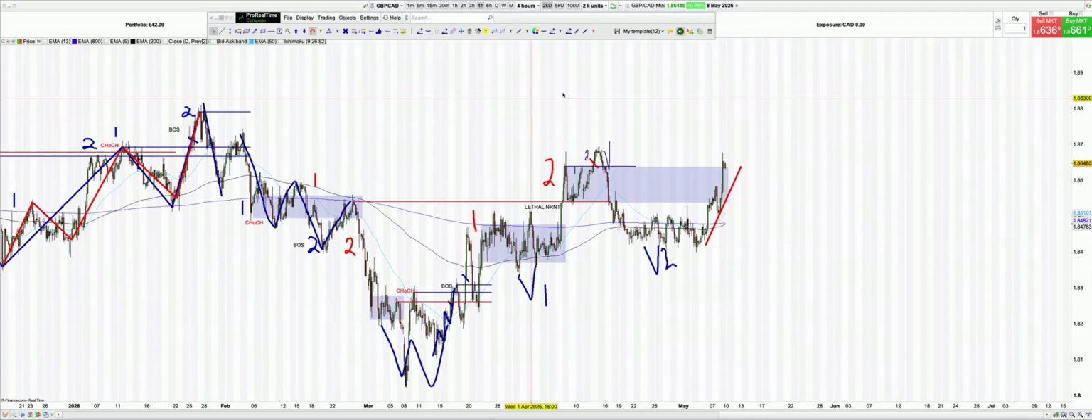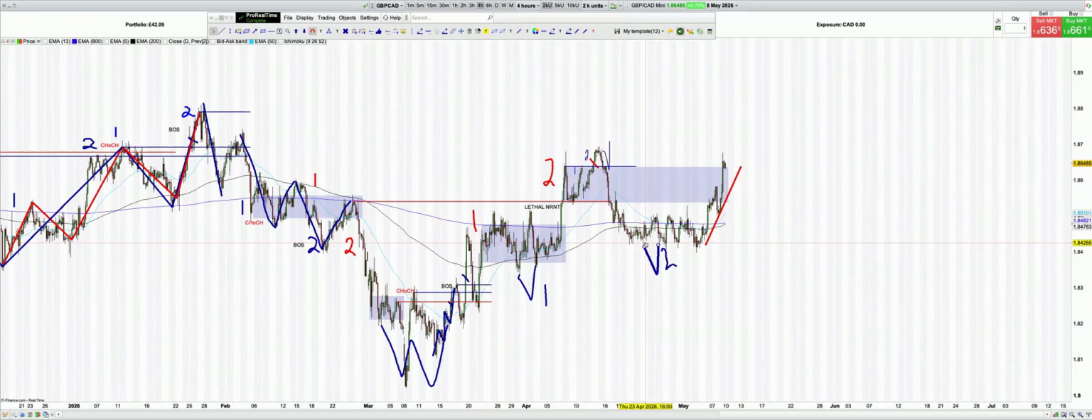GBP CAD's another unbelievable example of the pattern in motion. So when I talk about there being variations on the theme, this could have been 1, 2, squeeze for a 3. But the fact this is so gappy and it hadn't retested any structure, no retest, no trade. So it's a lethal one at that. But what we created was a real trap